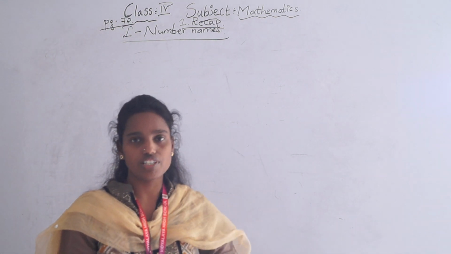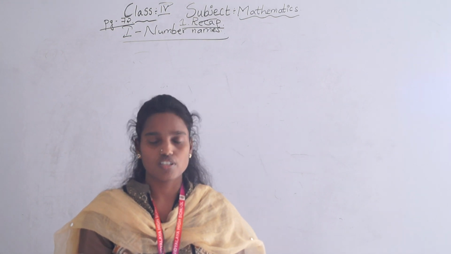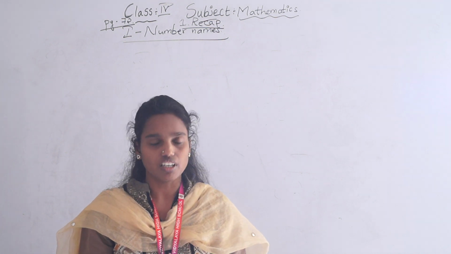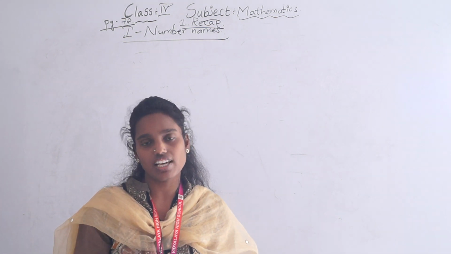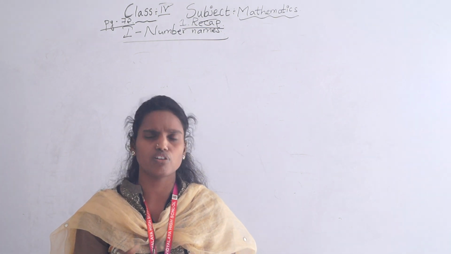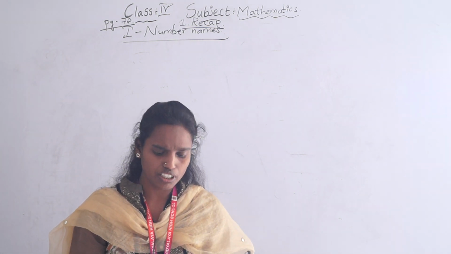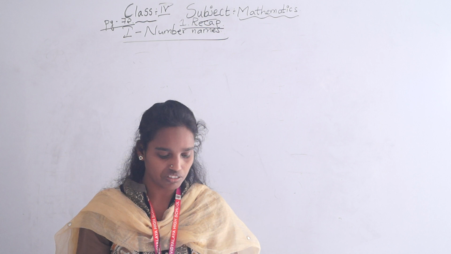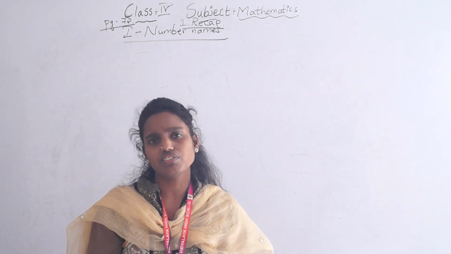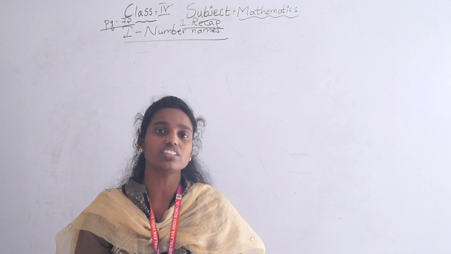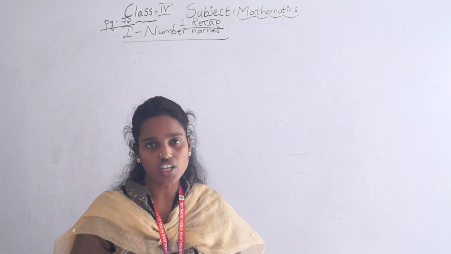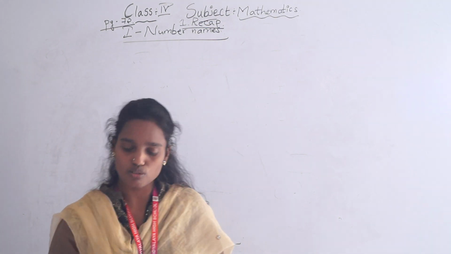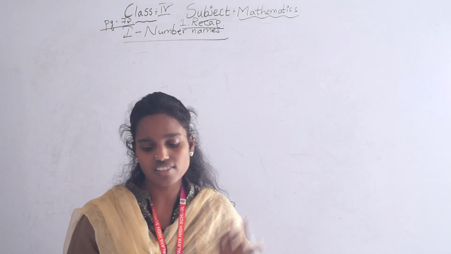72. So, what is the first bit? Write the number names. We should write the number name for the given number. We have learnt in the previous class number names, numerals, expanded form, comparison of numbers, even numbers, odd numbers, additions, subtractions, metric measures, divisions, and multiplications. So this chapter is only for revising what we have done in the earlier classes. Let's go through this and enjoy this exercise.